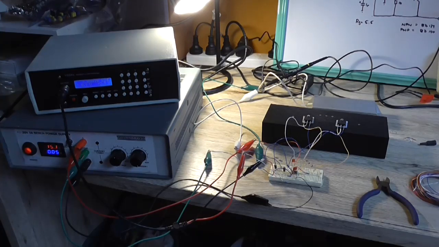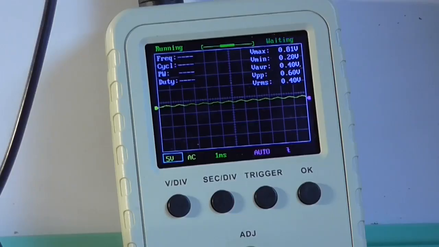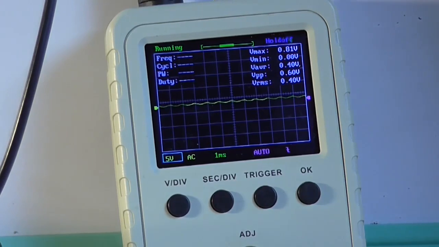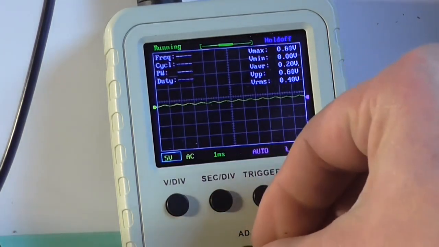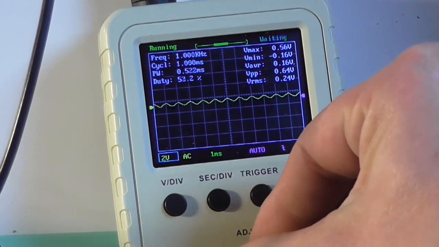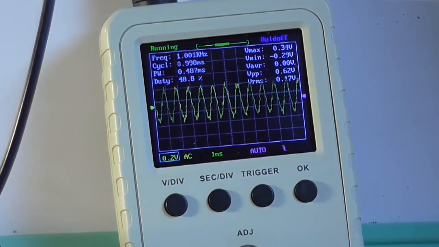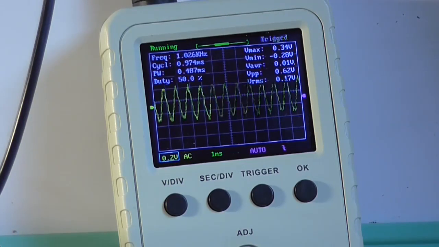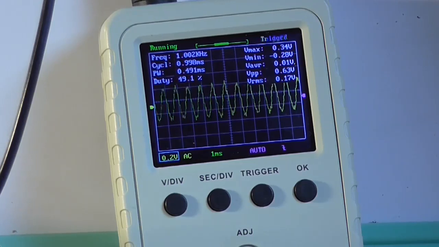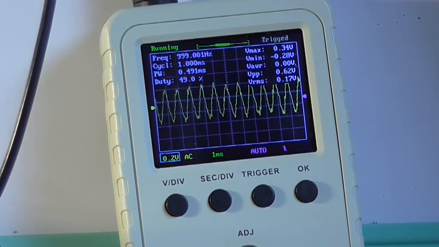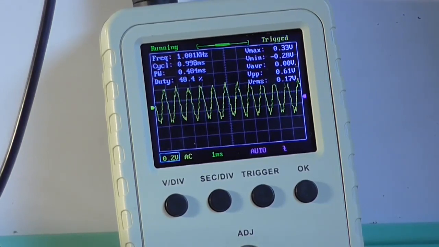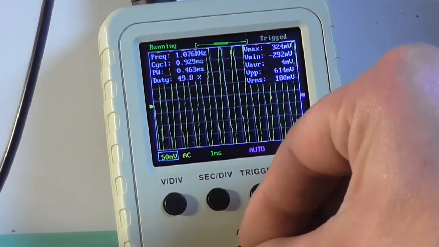I can see something on the oscilloscope, and I've got 50 milliamp draw. Not much happening on the oscilloscope, but there is an output there. So if I increase the volts per division to 0.2 of a volt, it's noisy, but it's there. We've got a V peak to peak roughly of 600 millivolt. So it's not very great, but that's only with a 100 millivolt input. So I'll set that back to